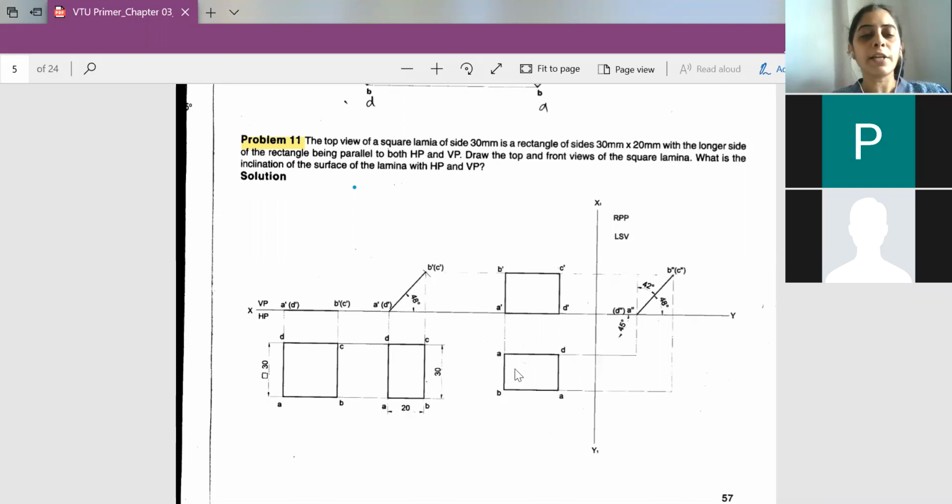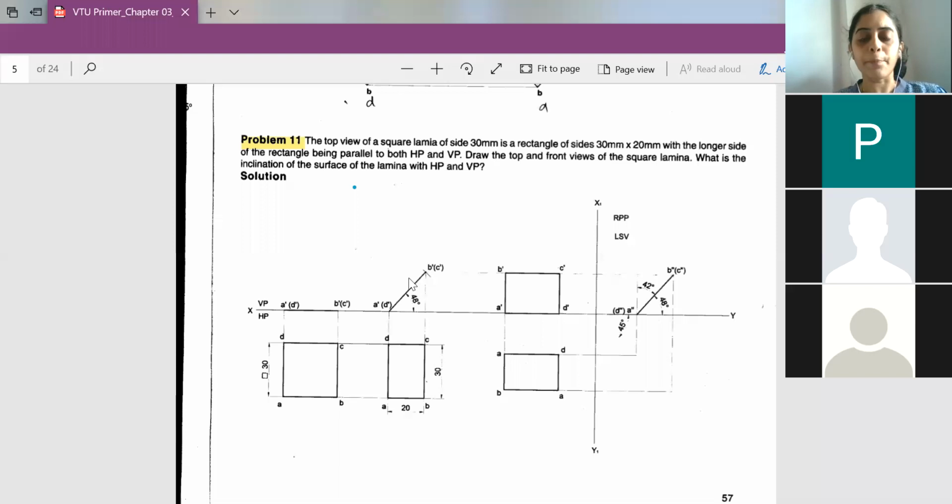They haven't given you the inclination, they have just told that the surface is parallel to VP. If the surface has to be parallel to VP, this side AD which was parallel to HP should now be tilted in such a way that it is parallel to our vertical plane also. So now this AD will be tilted to an exactly horizontal line such that it is parallel to our VP plane also. Then you leave some distance and measure this distance AD. So fix one point of it, name it as A. You measure this distance AD, and cut an arc. Draw a horizontal line exactly. Then you will name it as A and D.